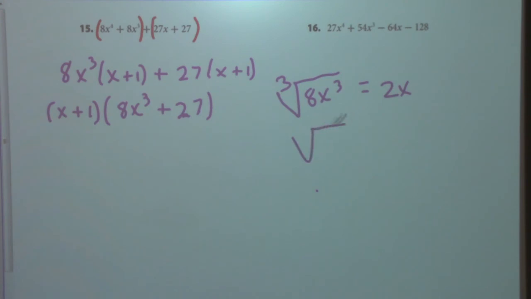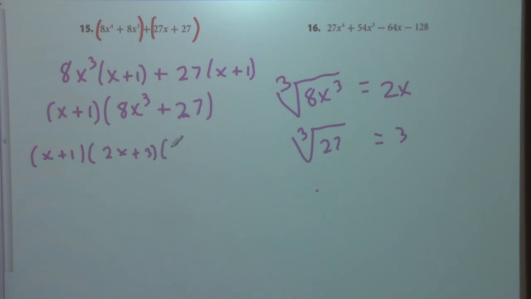Yes. And the cube root of 27 is equal to 3. So we have x plus 1 factored out. What is this going to be here? 2x plus 3 times